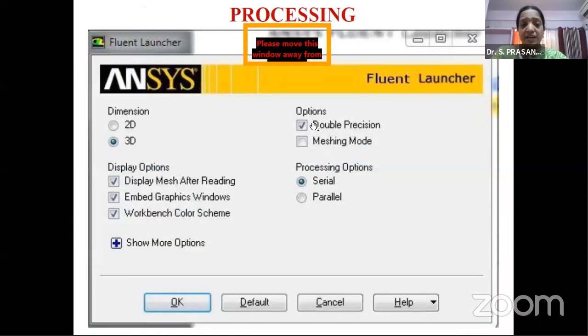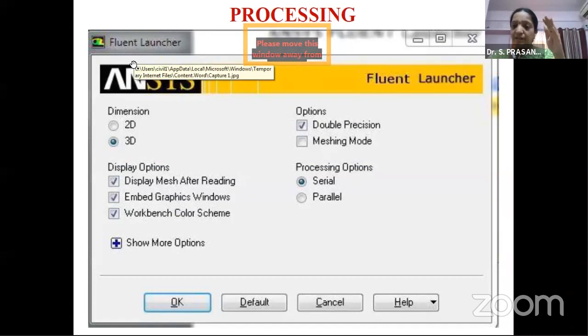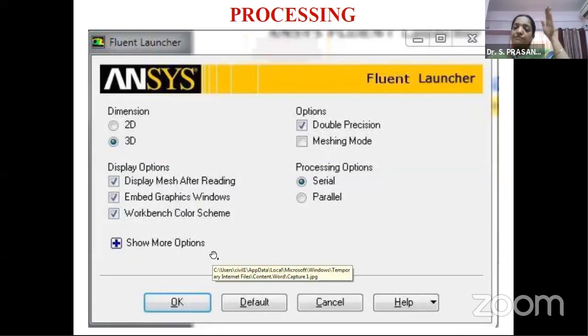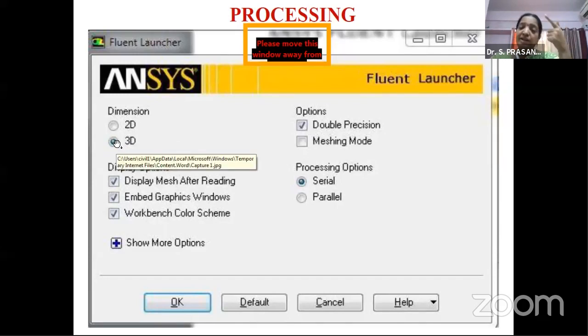Then after this, once your geometry is done, as I told you, we have Fluent, and the other one is CFX. Fluent is a solver, from where your mesh is imported into the Fluent launcher. So this is how the first slide looks when you have 2D. If your geometry is 2D, the 2D option gets highlighted. If your geometry is 3D,